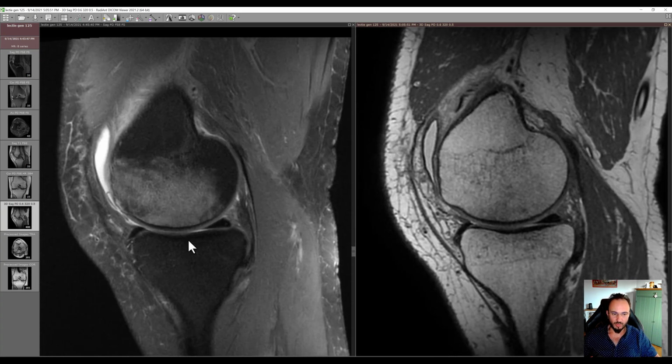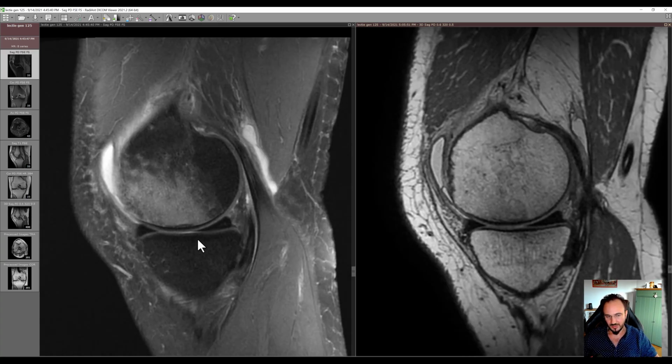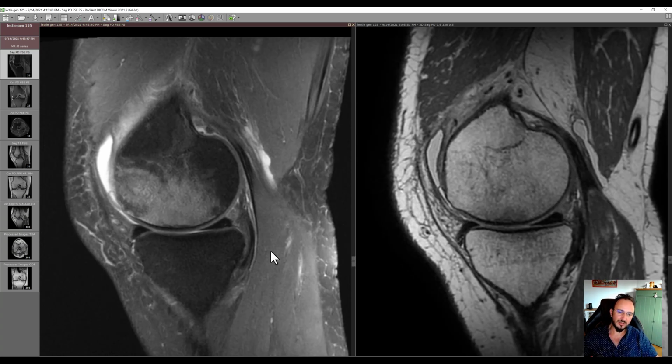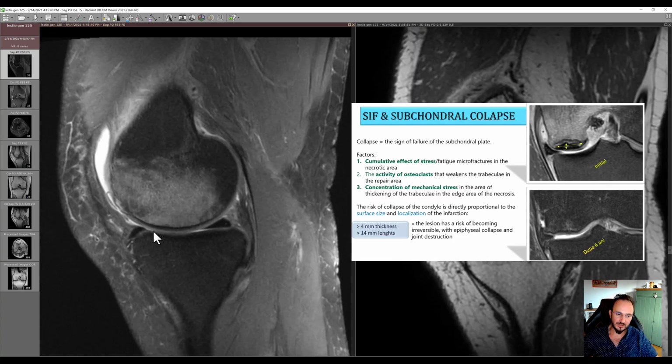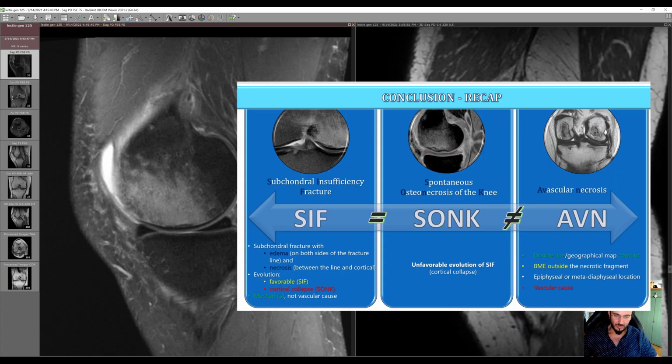But if things go wrong, what is the meaning of going wrong in this case? It means that if the patient continues to not protect his limb and his walk, and he puts all his weight on this surface, there will be cortical depression here underneath the cartilage, and that might be irreversible. And that will lead to the so-called SONK, because at that point in time this process will become irreversible, and there is no way you can reverse